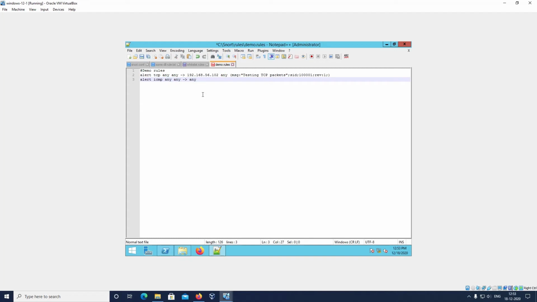The port number for ping, by default, is 7, so I am giving 7 here. And you can print the message testing ping packet.